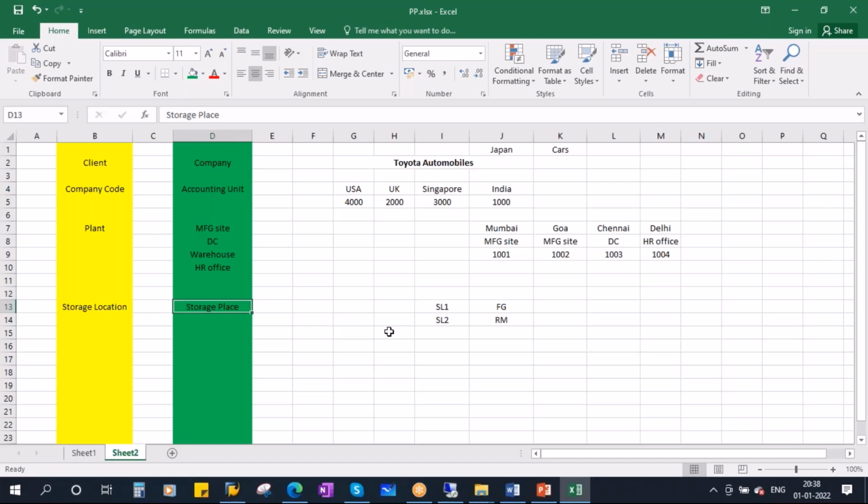Storage location is the place where you keep your materials. Like all finished products are kept at one place, all raw materials are kept at one place, all stationery materials like pen, pencil, laptop, computers, they will keep in one place. That is called storage location. So storage location is the place where you keep your materials. Okay, so this is the